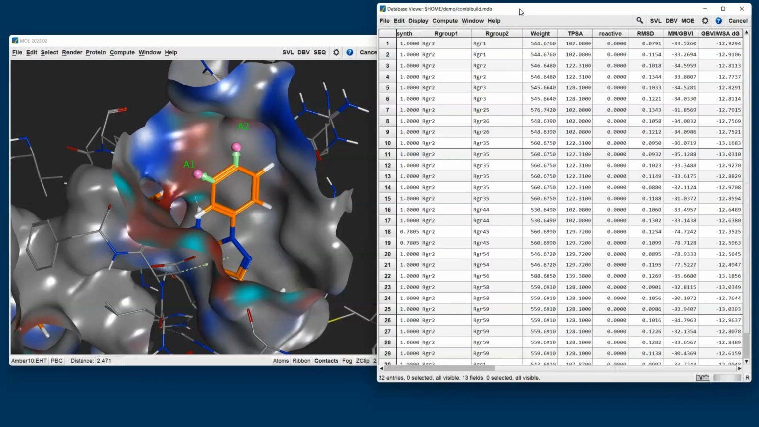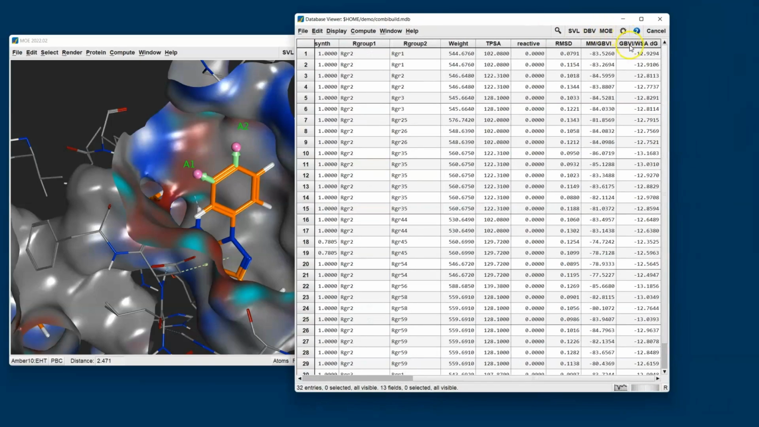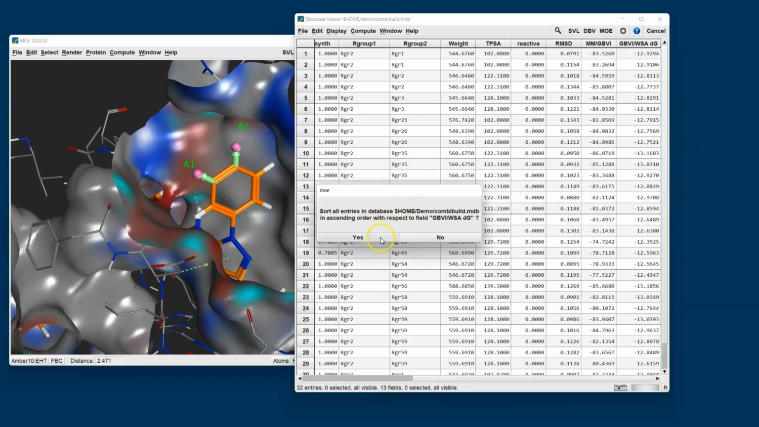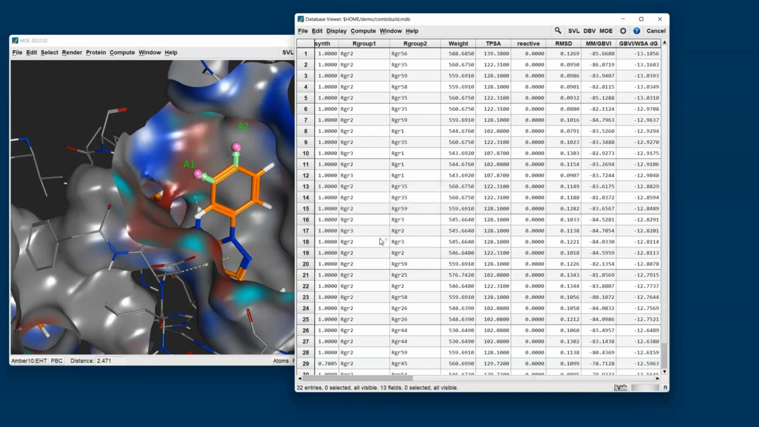some of these results. So the first thing I'm going to want to do is organize our results according to the score. So within the database viewer itself, I can sort by any of these headers. So if I just go ahead and sort ascending, and it'll ask, are you sure you want to do that? I'm going to click yes, and what that does is reorganizes my database with the best results at the top. So the more negative scores are now at the top of the database, so I can prioritize my efforts on